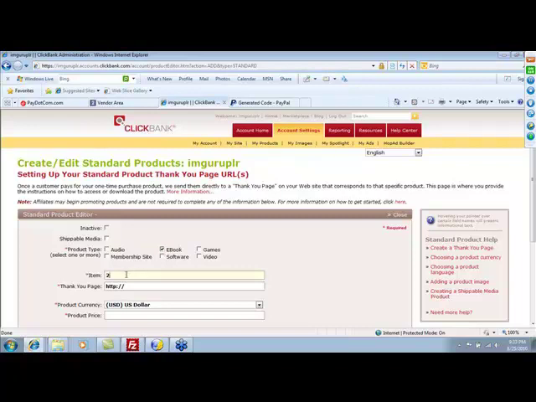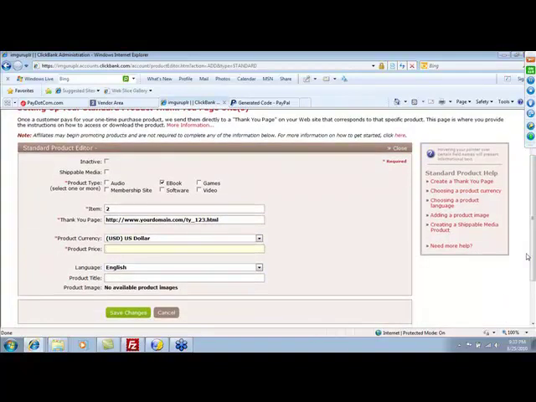An item number, let's just go with 2. Let's go with their number system. Thank you page, we just want to go with yourdomain.com/ty_123.html. Product price, this is where you want to go ahead and put in the price of your product,